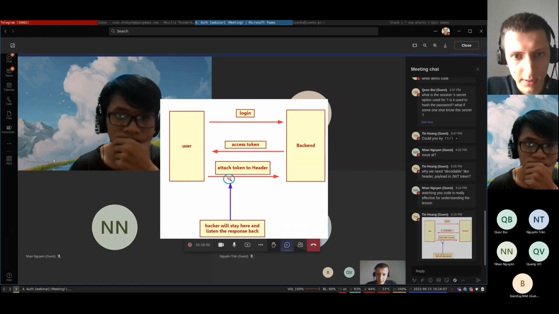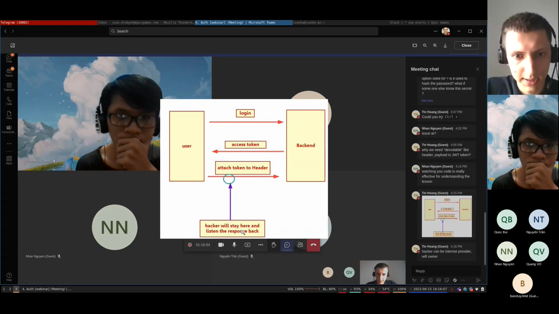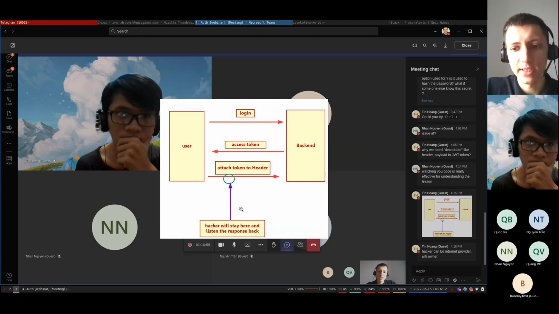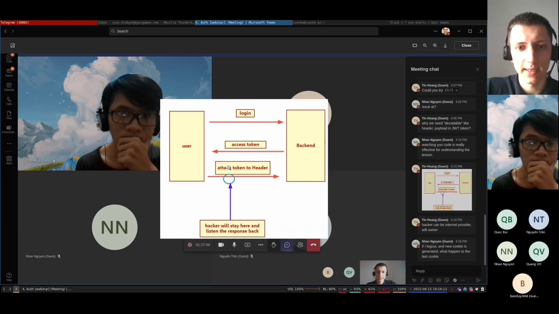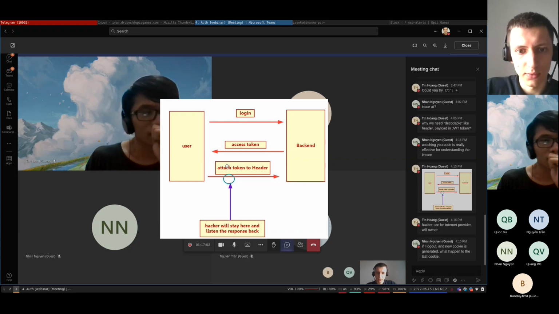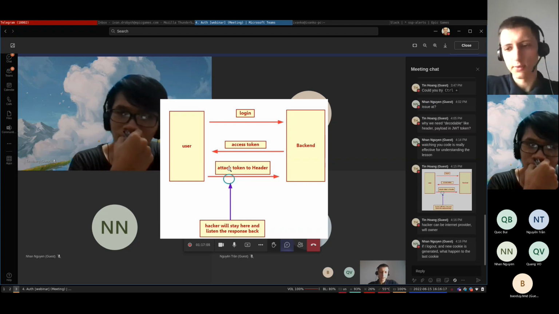Login, access token, attach token into header. Hacker will stay here and listen to the response back. Actually, it won't work. So the example you said you send